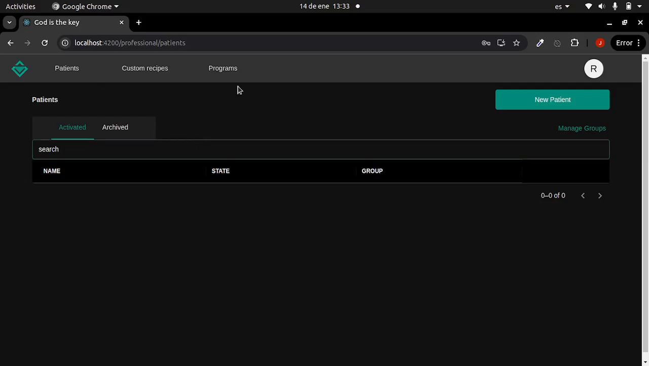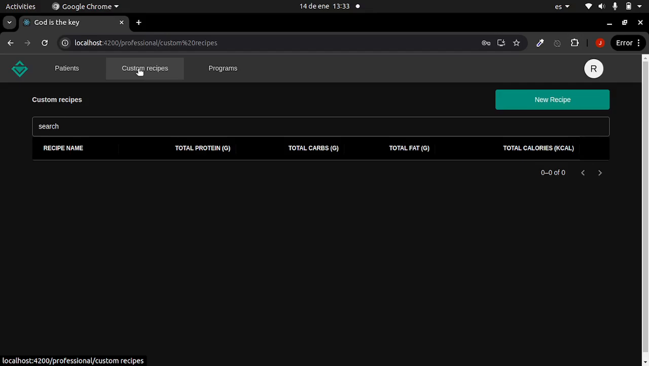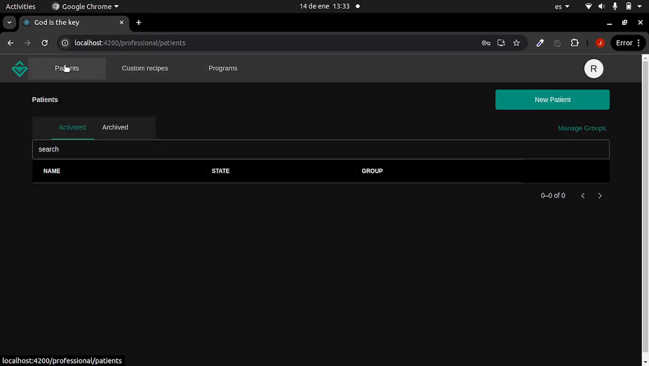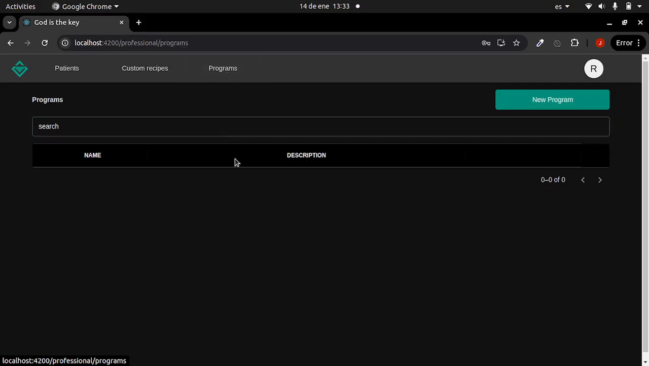As you can see, we have three modules: the first module for programs, another module for custom recipes, and another module for patients. The idea is to be capable of creating one nutritional plan and assigning it to one patient or different patients. After you assign one nutritional plan, or one program, which is the same thing as one nutritional plan,